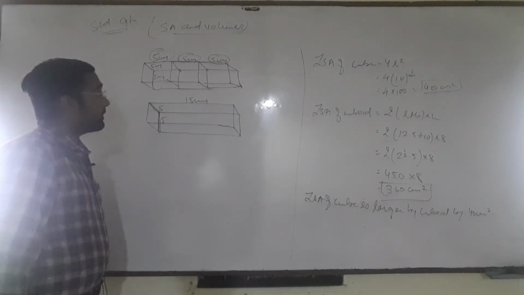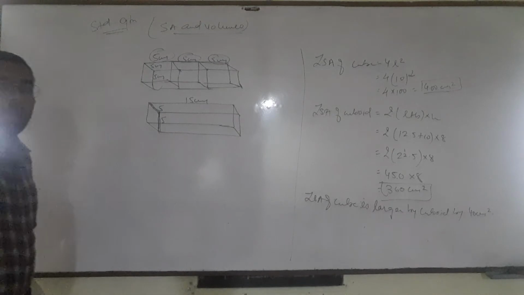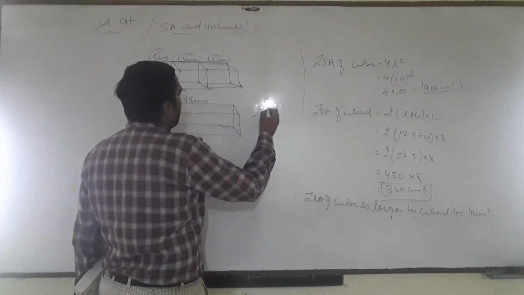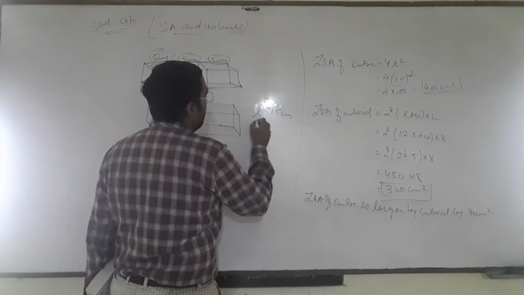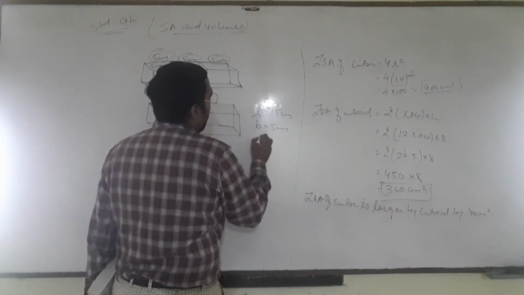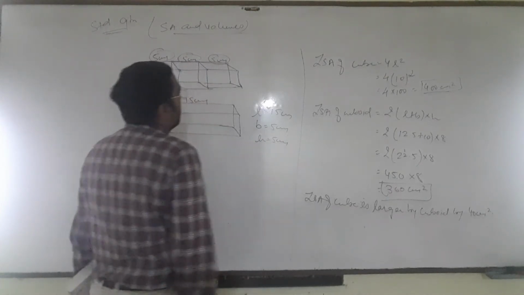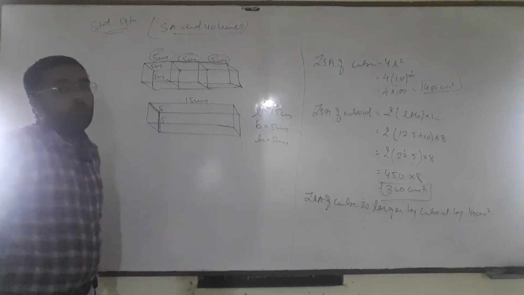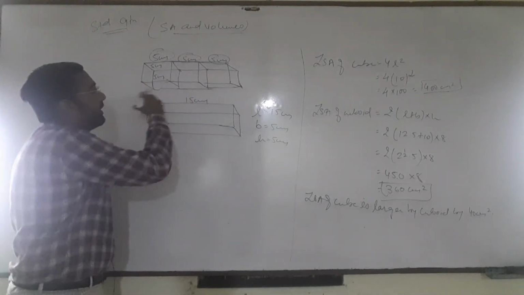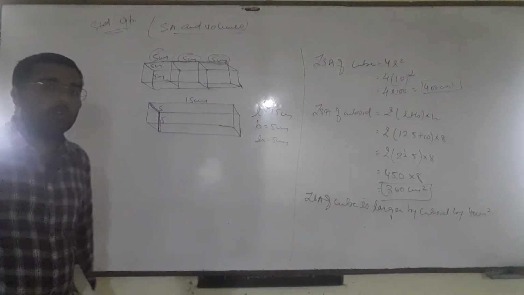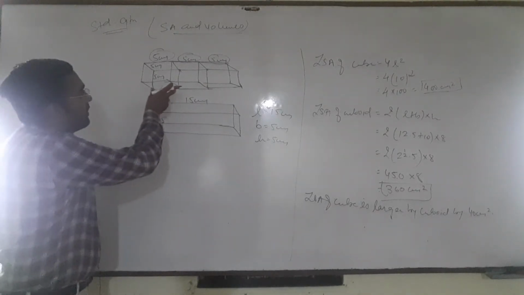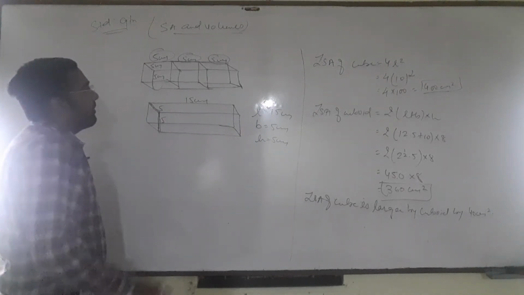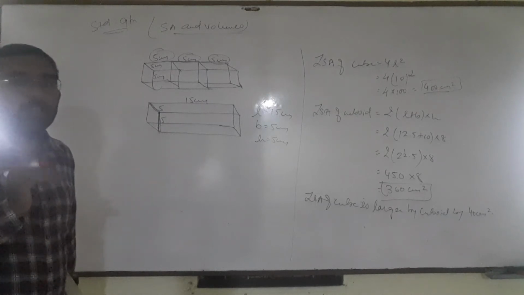Now, as per the question, the length, breadth and height for the cuboid are 15 centimeter length, 5 centimeter breadth and 5 centimeter height. When I join 3 cubes end to end, what is the difference between the resulting cuboid and the original cube? My length is increased but my breadth and height remain the same.